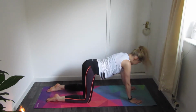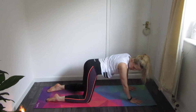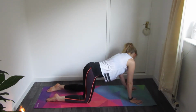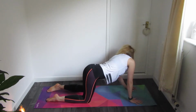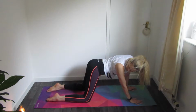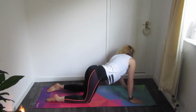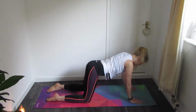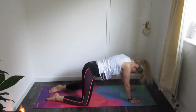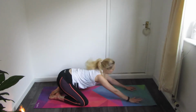Then we're just going to take it from side to side. So gazing down towards that right foot. Back to the center. Exhale over to the left. Inhale, center. Looking over towards the right. Back to center. Over to the left. Back to center. Taking the knees mat width apart, bring the big toes together, begin to sink back into a